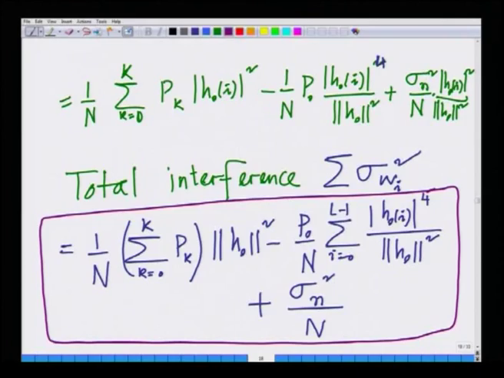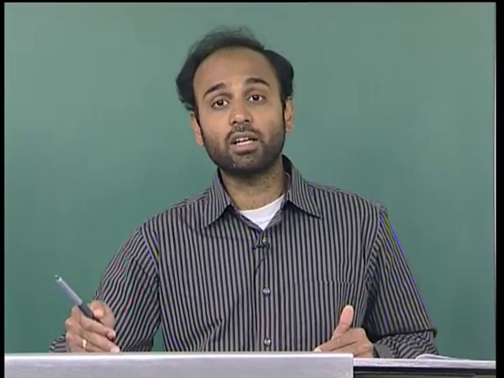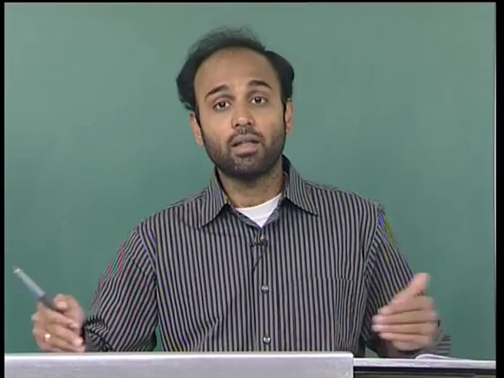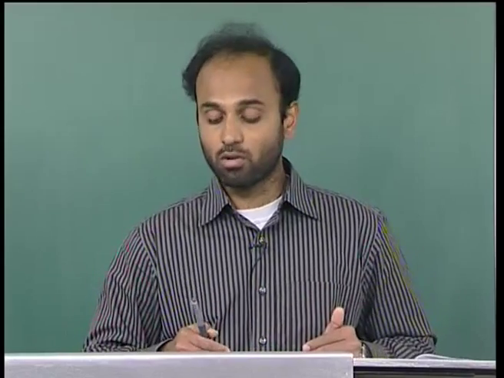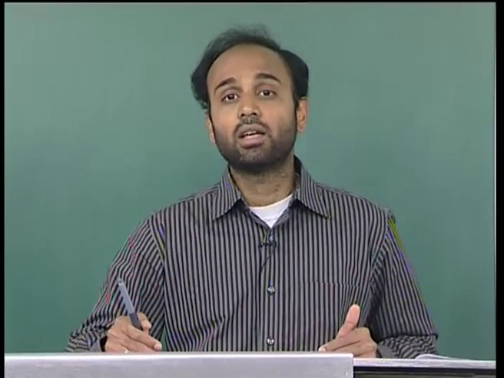The strange thing about this interference, look at this, this is summation k equals 0 to K, that is summation of powers of all users, even the desired user P0 is interfering with himself. Why? Because when you are extracting one component corresponding to a path, the rest of the paths are interfering with this component. So, it is a very interesting expression in which there is a lot of interference, hence this is